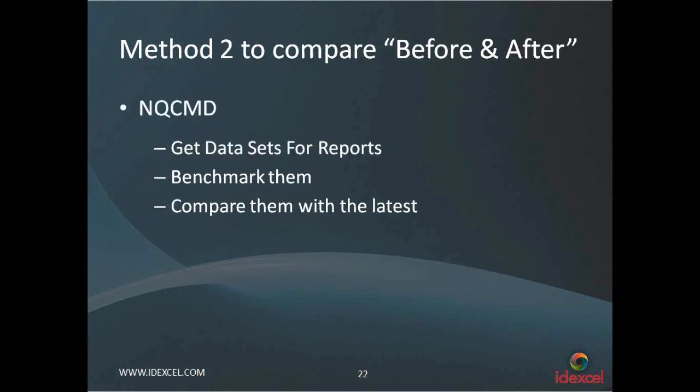And the other method is nqcmd. Most of the folks on the calls are probably aware of this. So we can actually issue a command line prompt to invoke and get the data sets from the report, right? So we can issue this nqcmd, pass in the parameters, and then get the actual data set for the reports, and benchmark them. Again, very similar to the logical query. You can baseline the content, baseline the data set, and then after the change is made, you go back to the system, get the latest runtime data, and ensure that the data sets match.